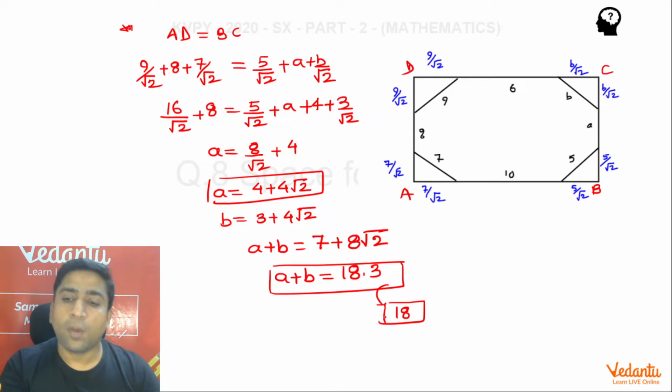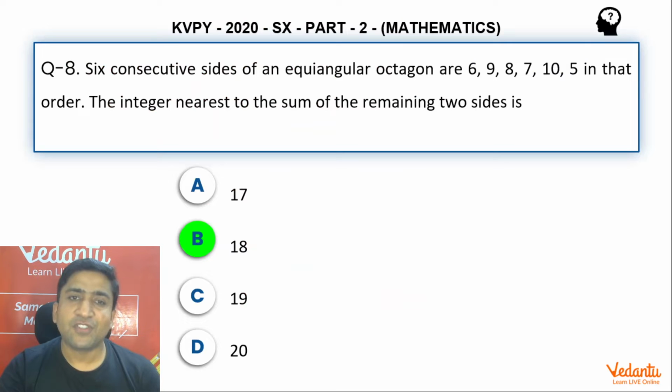So what option is going to be the correct one for this particular application? Guys, if you just look at the options, option B is going to be the right one. That is 18. I'm sure all of you would have understood this solution. That was a very classic application of geometry, and I'm sure all of you would have understood this part. So guys, just stay tuned. We'll be coming up with more applications. See you again. Thank you.